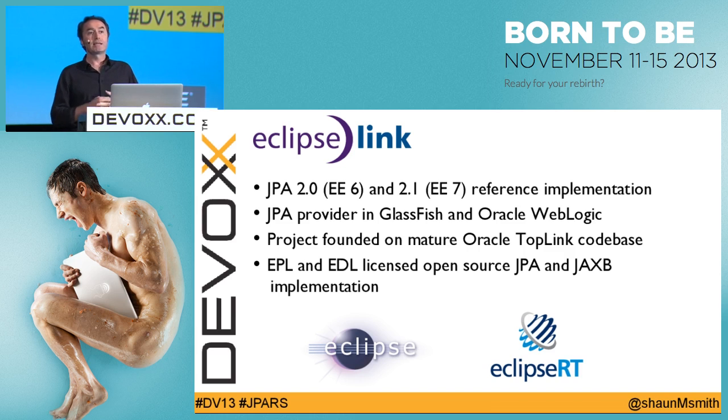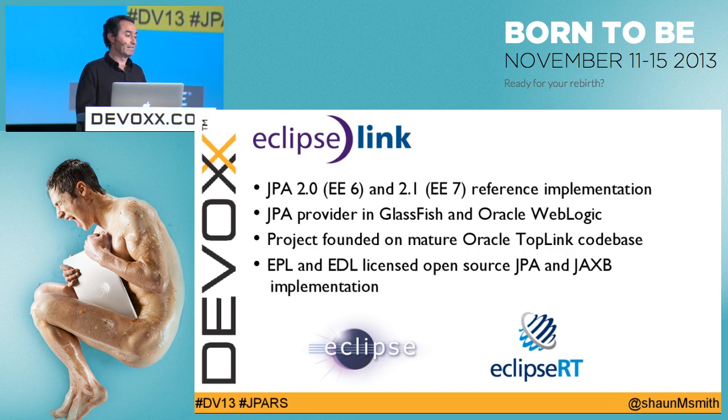The EPL is the Eclipse Public License, which is common for most of the pieces in Eclipse. And it's also EDL, which is a new-ish license. It's new since EclipseLink joined the Eclipse Foundation, because it's a Berkeley-style license. So it was licensed in a very liberal fashion so that people could reuse it. In particular, it could be used in Glassfish and then licensed to Java EE licensees. So it's a very, very liberal license, and you can really do whatever you want with it